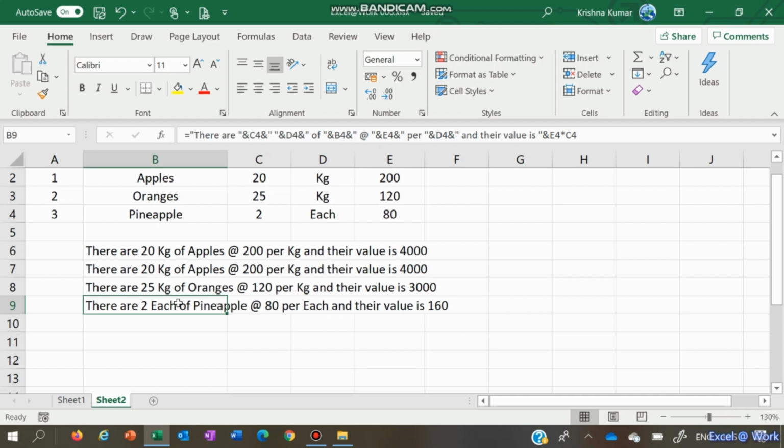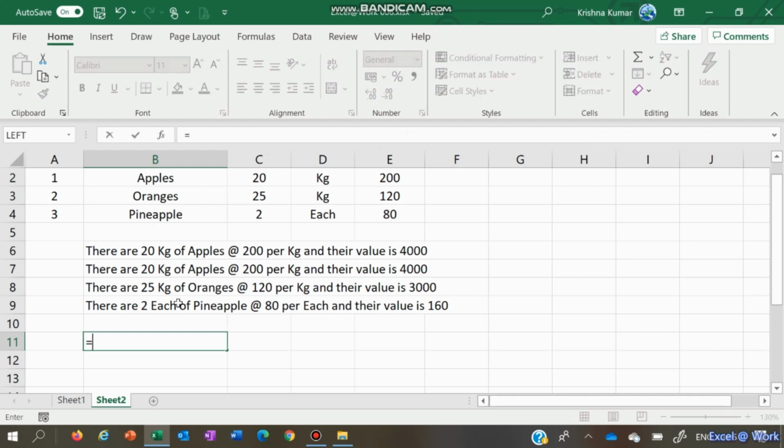So we'll jump right away into the topic and we use a formula called IF in Excel, one of the most widely used formulas. The syntax is IF, a test, a value if true and a value if wrong. So here we say IF D4 is equal to "each", you have to insert the word into quotes.